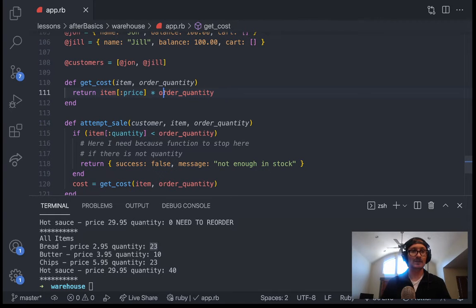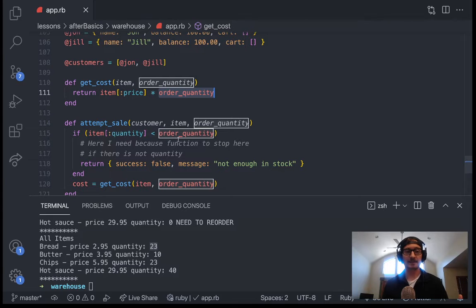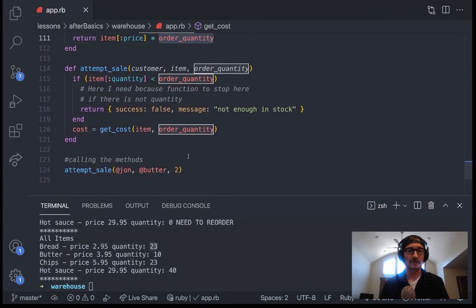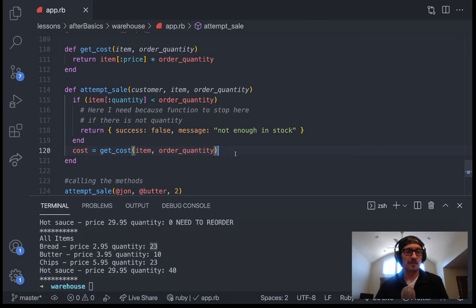It can get a little confusing because then you start to overload terms, and I think this confuses students at the beginning, but once you get used to it, how you can just overload these terms does make your code a lot more readable. Okay, so now I have a get_cost that just returns the item.price times the order quantity. So now I can get the cost here,